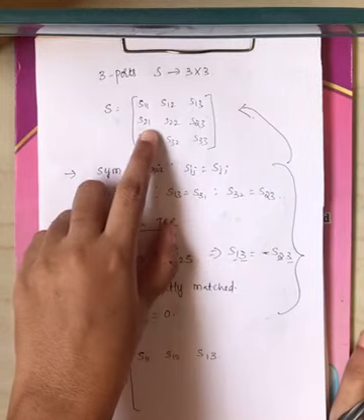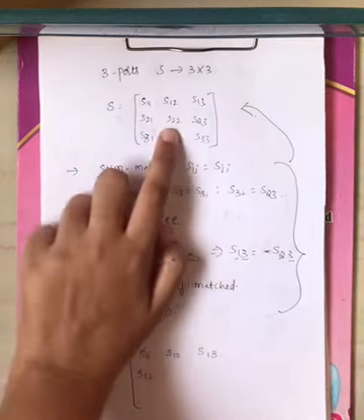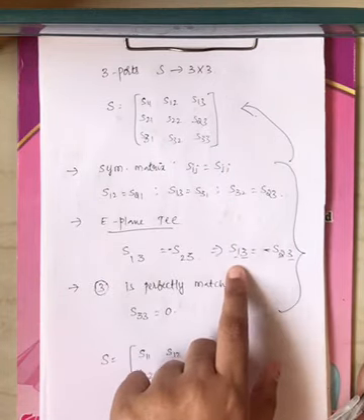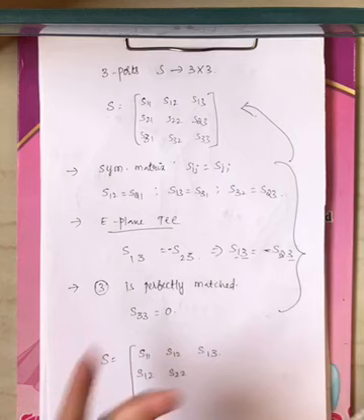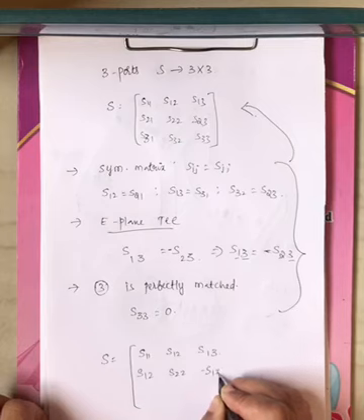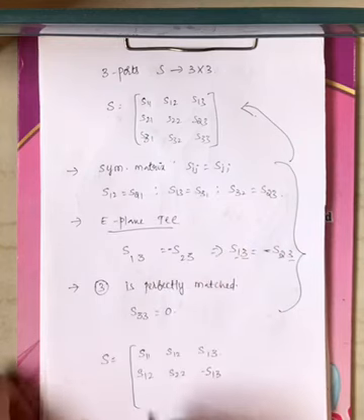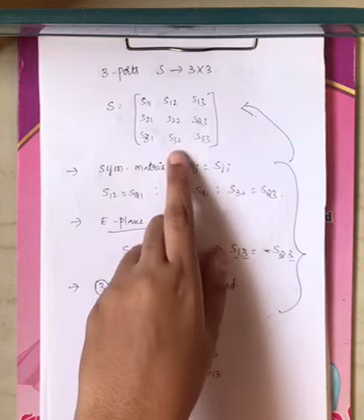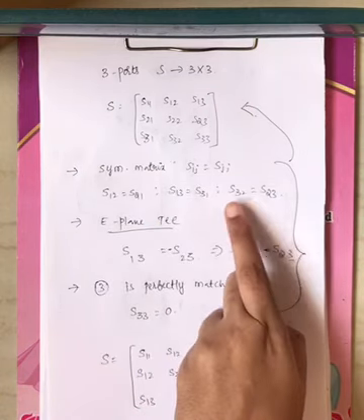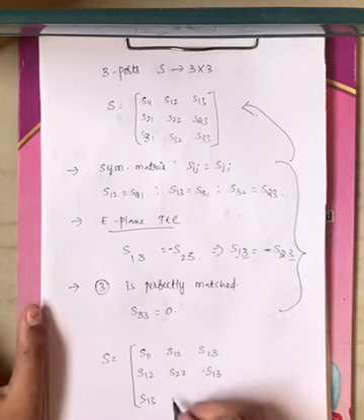Now what is S21? S21 equals S12 from the symmetric property, and S22 remains the same. S23 equals minus S13, right? Now what is the value of S23? Minus S13 from the E plane T property. Now we have S31 here. S31 equals S13 from the symmetric property, right? Now you have S32 here. S32 equals S23 from the symmetric property, and this S23 equals minus S13 from the E plane T property.